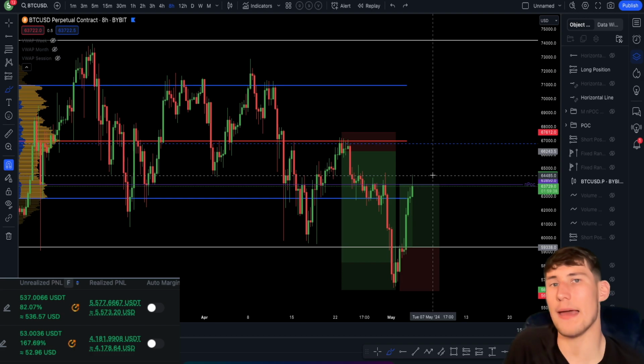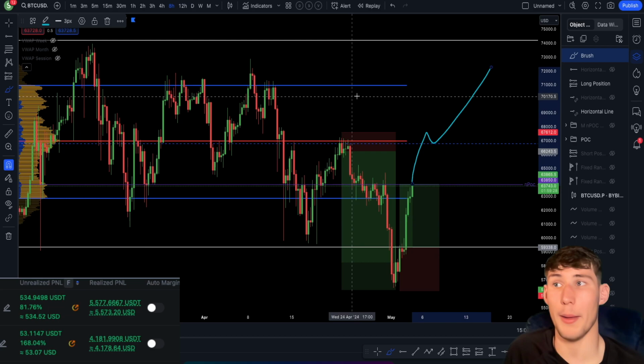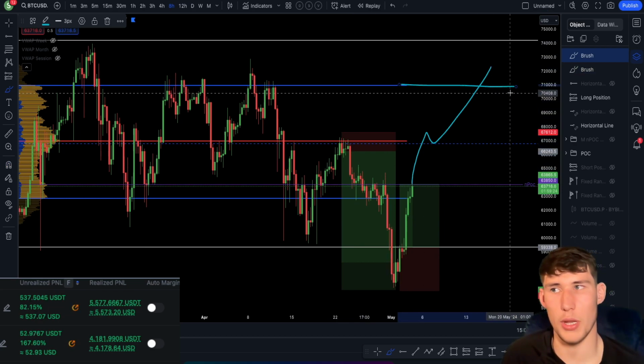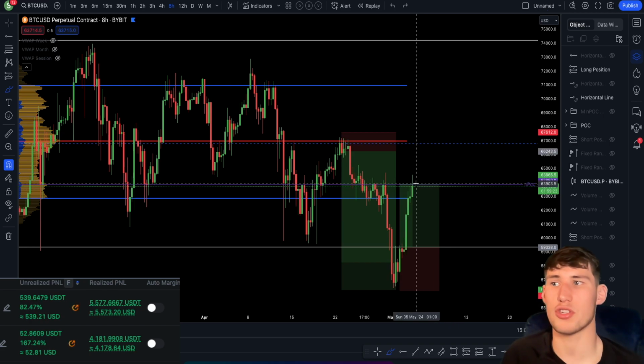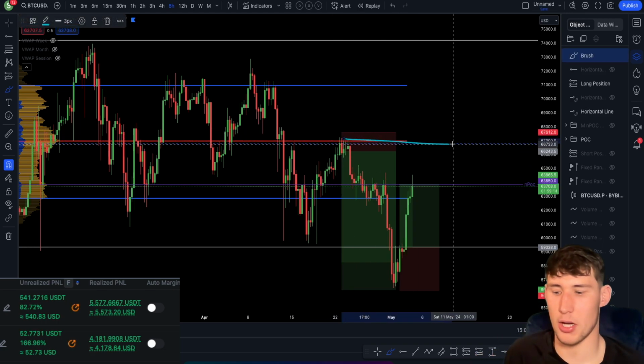We are at a key level, so we need to just observe this level. If we get the bearish reaction, we can look for the short. If we don't, then we can target higher and look to ride this long trade possibly higher, maybe up to value area high, maybe even all-time high again. We'll have to see how the reaction is if we do get a break of this MPOC. But for me right now, remaining in my bearish sentiment until we break this high right here.